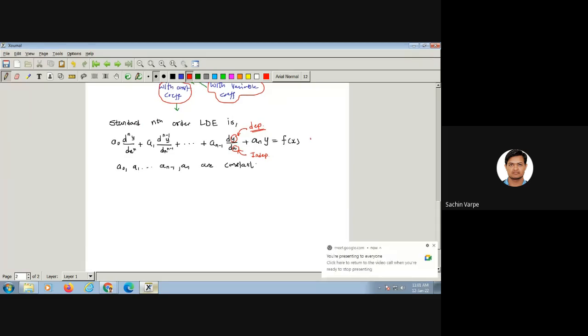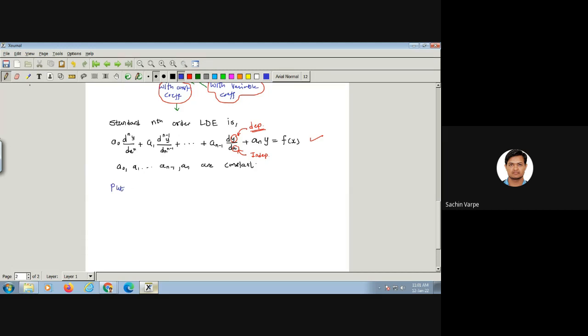So this is the standard form. The MCQ can be asked for 1 mark. If it is an online examination, then an MCQ can be asked for 1 mark on this, that the standard nth order linear differential equation is, and one of the options will be this. Okay. So the first step toward the solution is, first step, put,